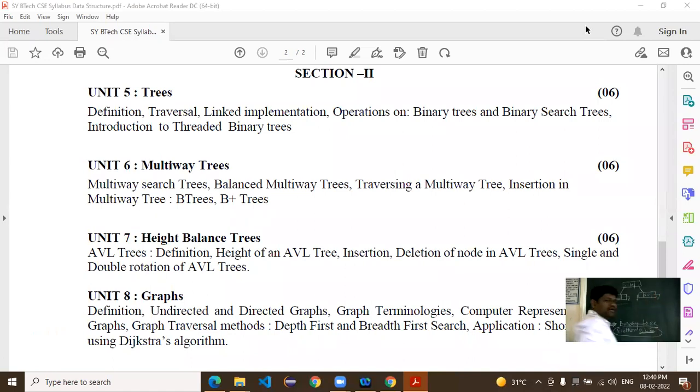Now in the threaded binary tree, instead of assigning null, what are we assigning here? 0 or 1. So we have considered another format. Here is the link, here is the actual data, suppose 10, and here we are considering a 0 or 1 bit. So either 0 or 1. When you are considering 0, null.